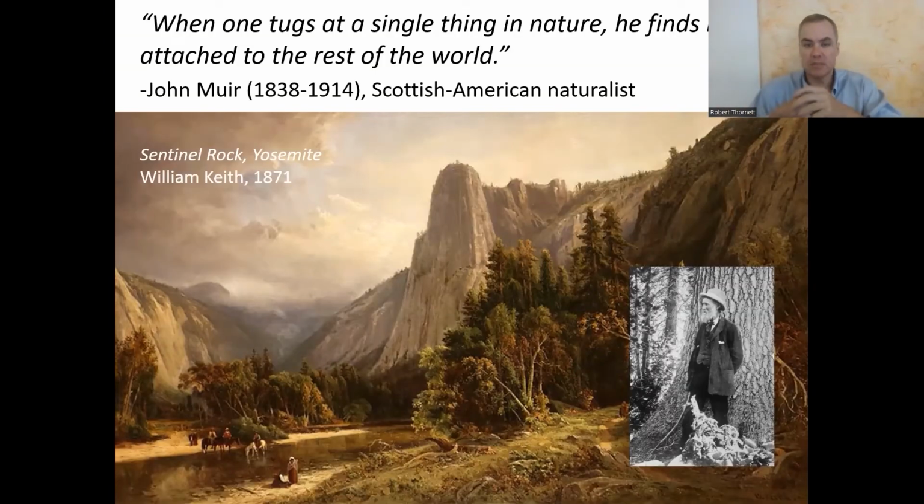In this class, we'll be talking about biomes, which is part of biogeography. We can start with a painting and a quote. This is a quote from one of America's most famous naturalists. You could call him an early environmentalist. His name is John Muir, and he traveled all over the Western United States, especially California, during the 1800s and early 1900s.